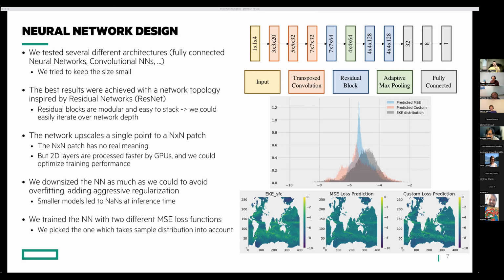In the center, you see the mean square error loss prediction, and you see that it's quite average. Especially, you don't see a lot of dark blue and bright green. Whereas with the custom loss prediction, we were able to extend the prediction a bit, and you see more bluish domains and bright green domains. This was a way to really try to mimic the initial distribution and gave the best results